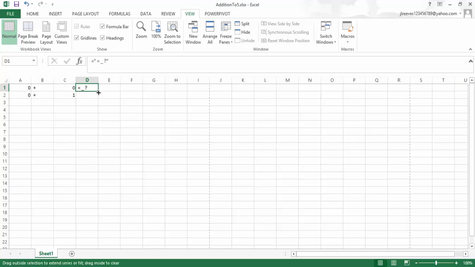Same thing here, and we can drag these down to 5. 0 plus 0, 0 plus 1, 0 plus 2, 0 plus 3, 0 plus 4, and 0 plus 5. And we say okay, and we want also zeros on the other side, so it makes it nice to